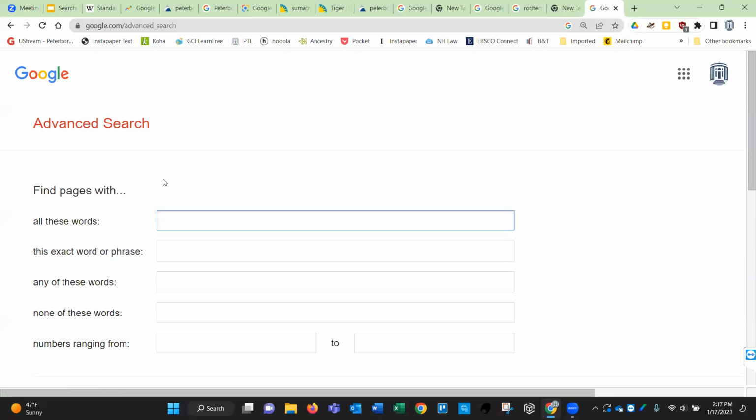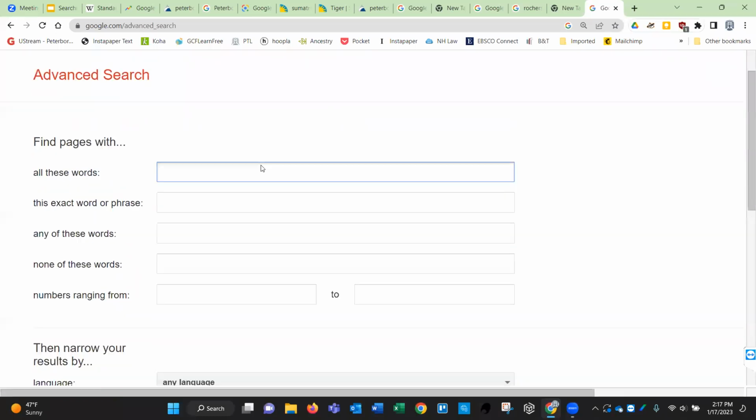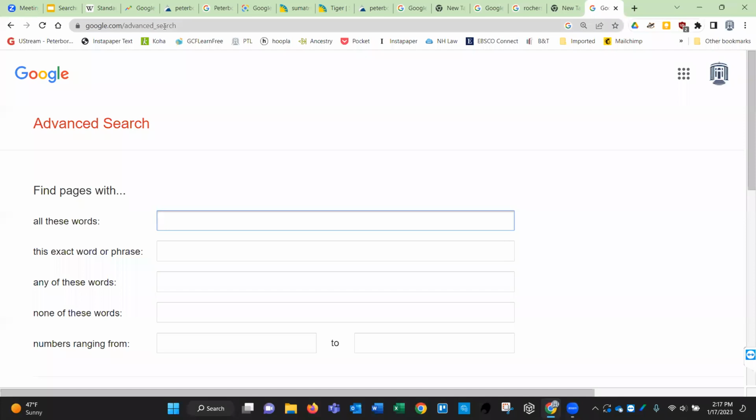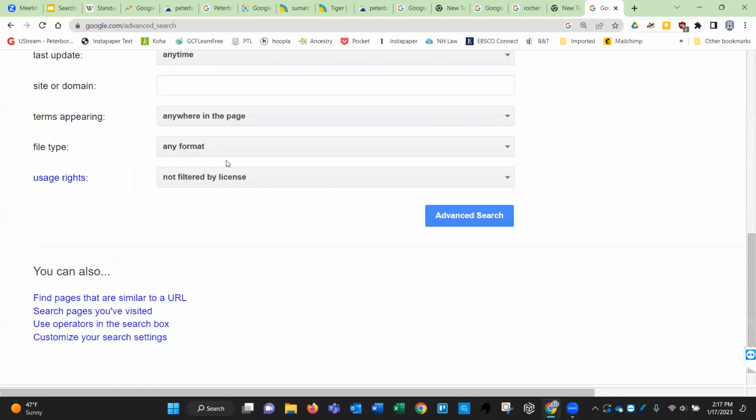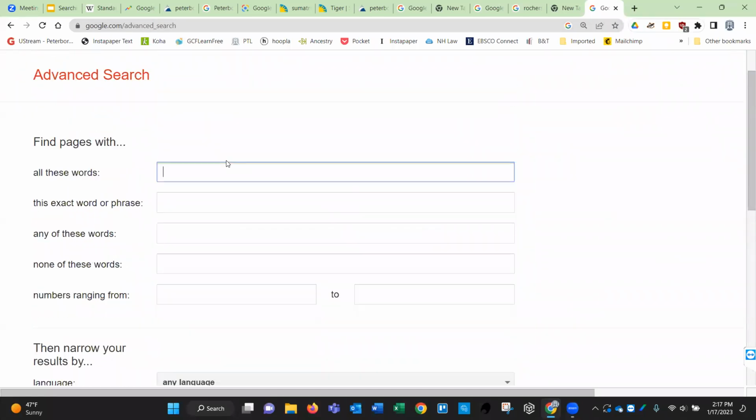I swear it was under more, but if you go to Google's advanced search, you can specify a lot of different things. So all of these words,